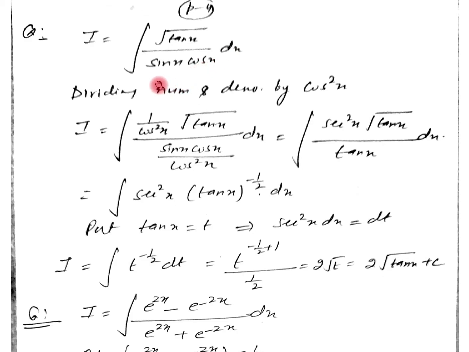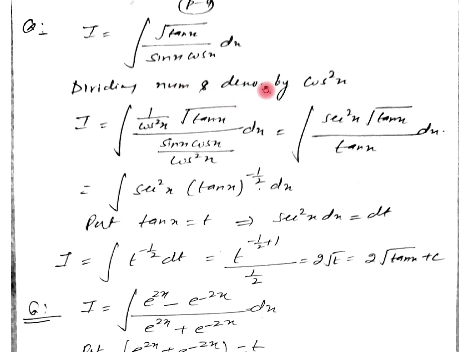Now here, generally in this type of question, when tan, sin, cos, all three t ratios are there, we generally do the question by converting all the t ratios into tan. This point you have to keep in mind. When in any question we have tan, sin, cos together in any form, we always prefer to convert the whole function into tan. Now what I am doing, dividing numerator and denominator by cos square x.